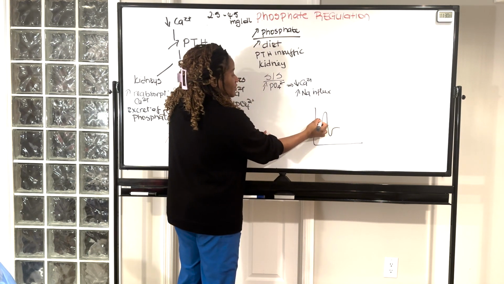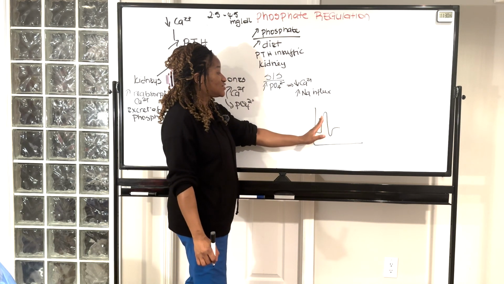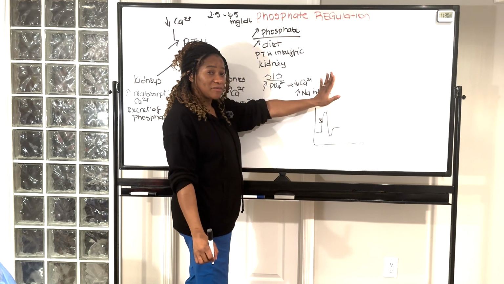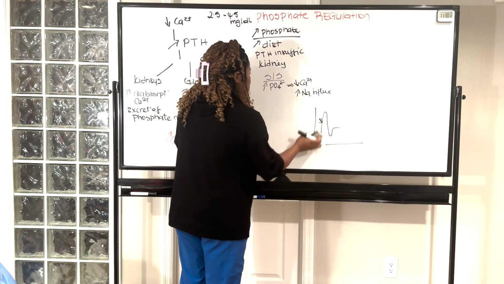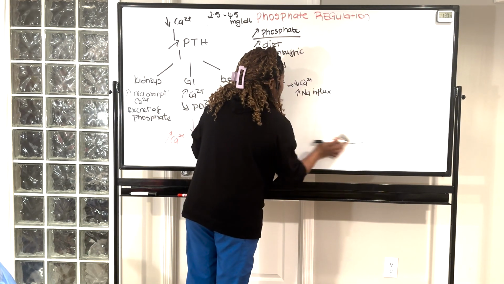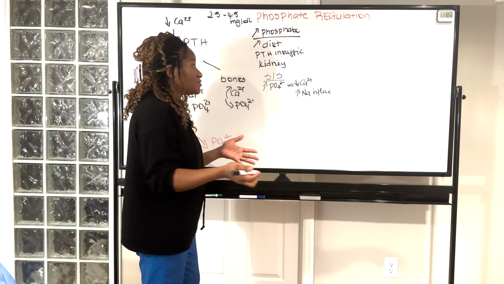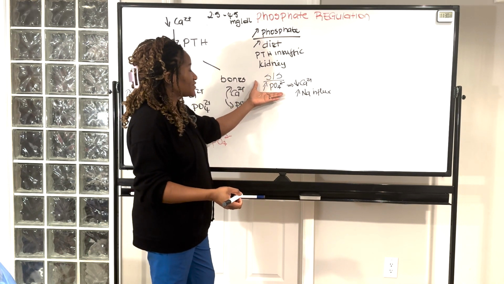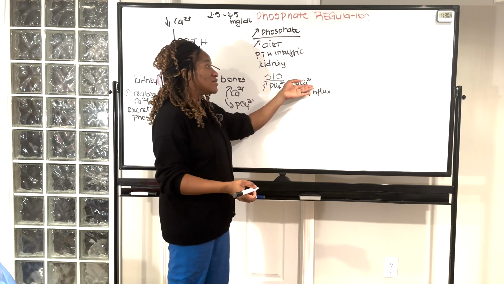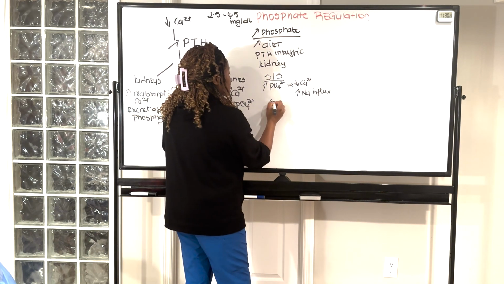So here we're going to have an increase in the sodium influx, which is going to depolarize the membrane, making the cells more excitable. How is this going to translate? So if everything is excitable, the signs and symptoms of hyperphosphatemia are going to correlate with the signs and symptoms of hypocalcemia. So everything is going to be